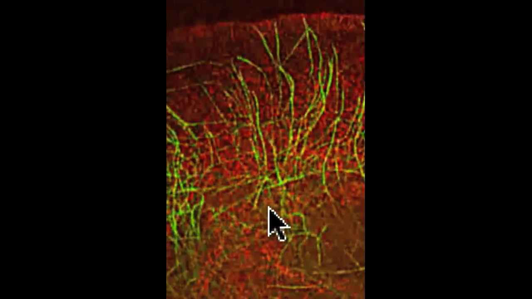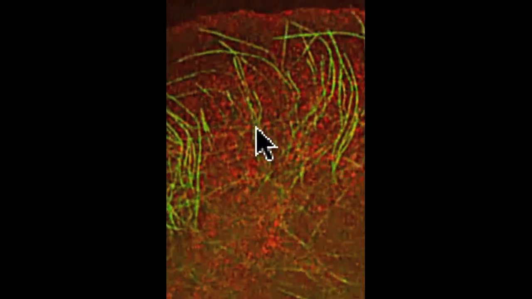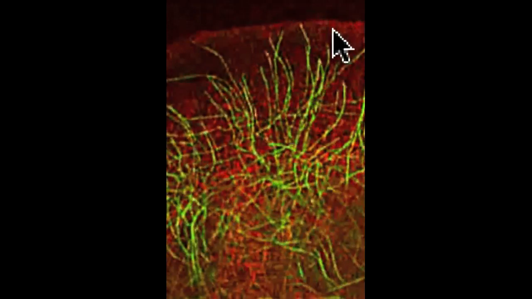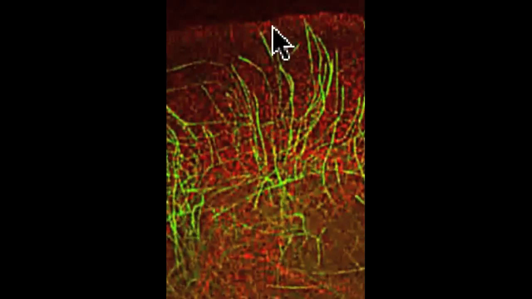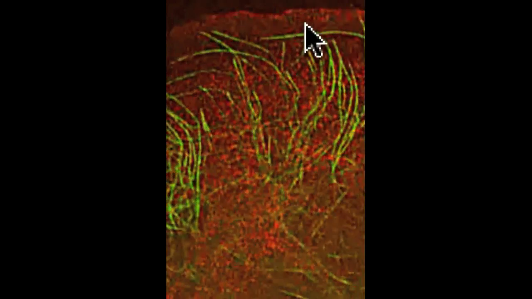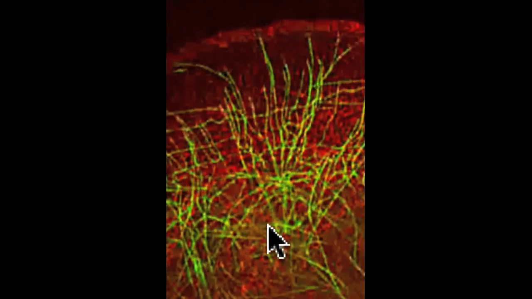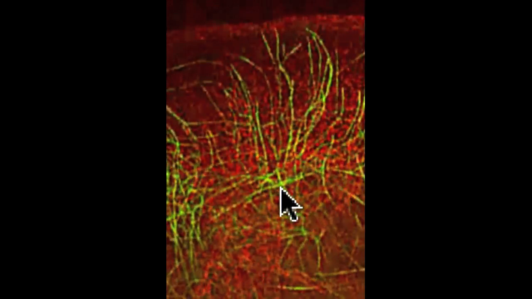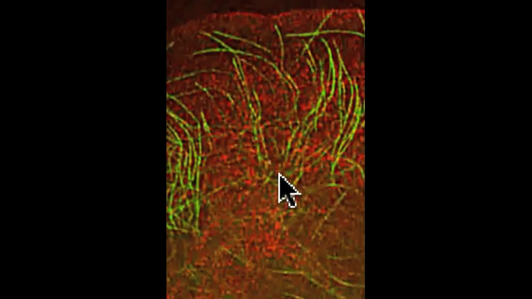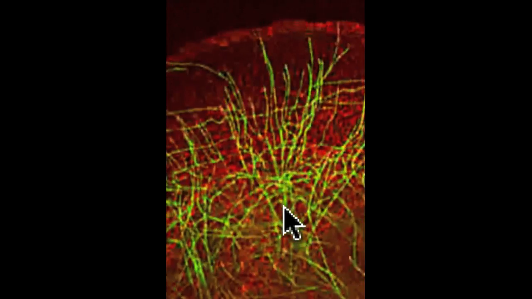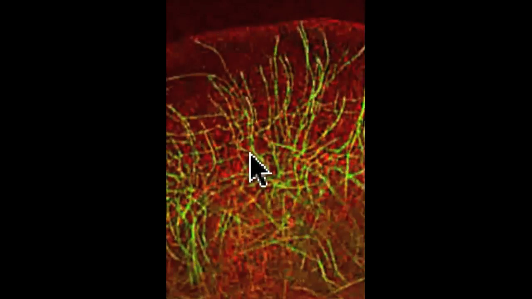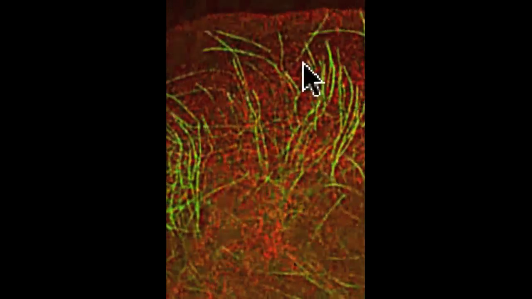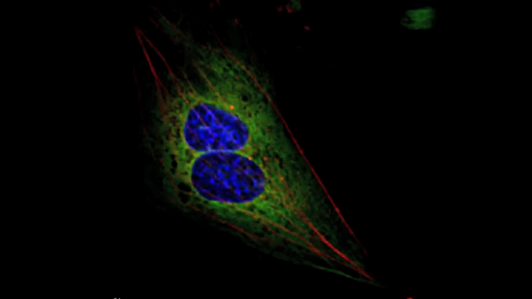In this video, we're seeing the polymerization and depolymerization of microtubules shown in green, and actin microfilaments shown in red. You can see a high concentration at the cell periphery, but also more internally in the cell. And you can get an appreciation for the dynamic nature of these cytoskeletal elements as they are polymerized into long fibers and then shortened into shorter fibers and then repolymerized into long fibers. There's quite a dynamic interaction going on.